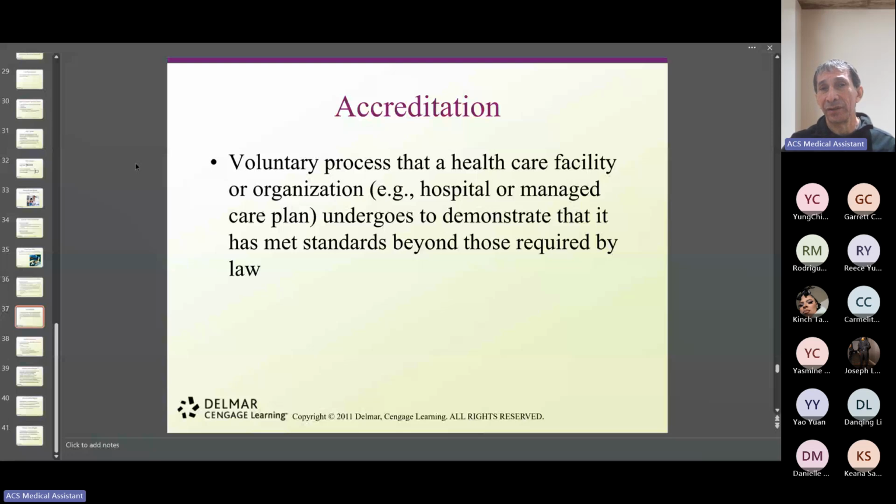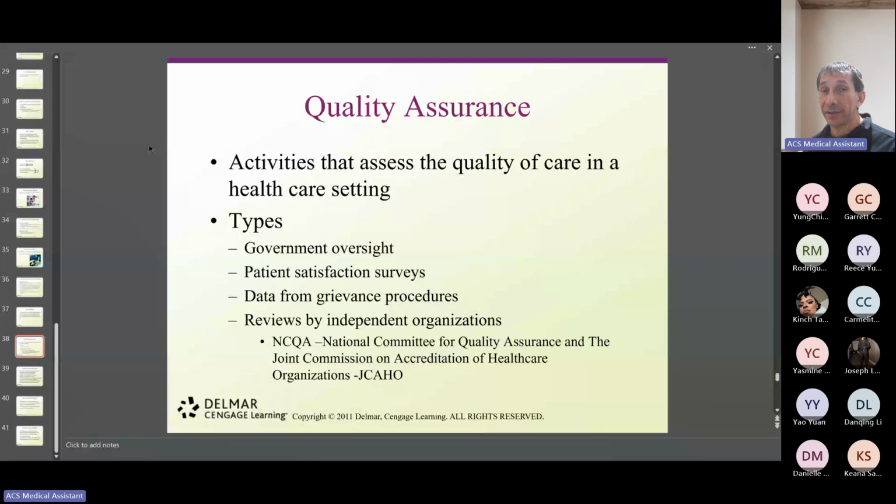That's the accreditation. So quality assurance, remember, these are the concepts that these accreditation bodies have to protect, the well-being of the patients. So they've got to make sure that they meet all these requirements. So which organizations are involved with accreditation and quality of care in the workplace? First of all, is the government, of course. And how do we know?